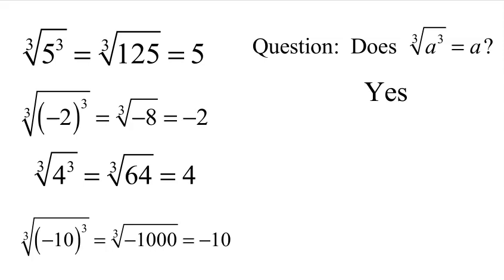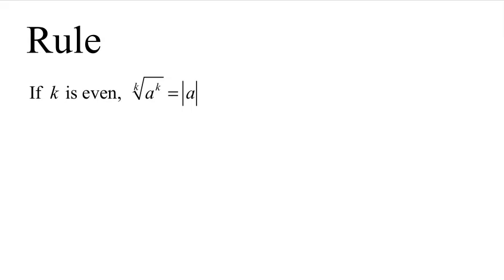So what do we conclude? What's our rule? Well, here's going to be the case, because we're going to have roots beyond square roots and cube roots. Although in this class, those are the ones we're going to look at most often. If k is even, like a square root, a fourth root, a sixth root, an eighth root, if k is even, the kth root of a to the k is the absolute value of a. So the fourth root of a to the fourth is absolute value of a, sixth root of a to the sixth, absolute value of a. But if k is odd, the kth root of a to the k is a, cube root of a cubed is a,